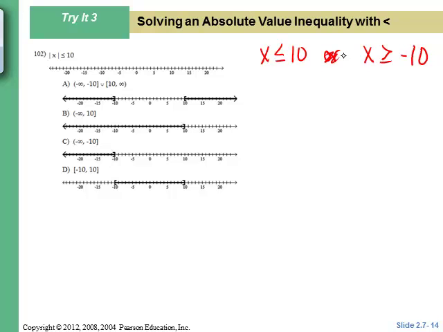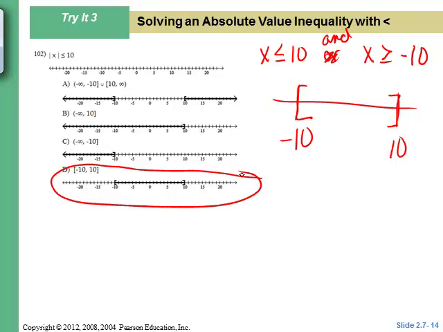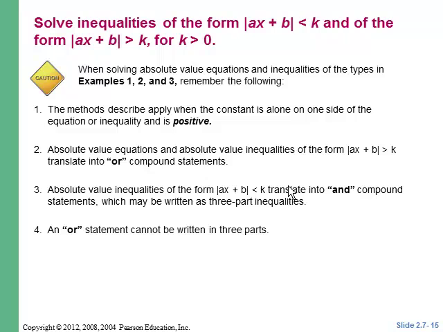I'm sorry, not or, and. If it's a less than symbol, it's going to be and. Okay, so our two critical values are at negative 10 and 10. Got a bracket here at negative 10, a bracket at positive 10. It's like we're right here. x is less than or equal to 10, and x is greater than or equal to negative 10. So anywhere in between there will make that inequality true. So if you have a less than symbol, and if you have a greater than symbol,